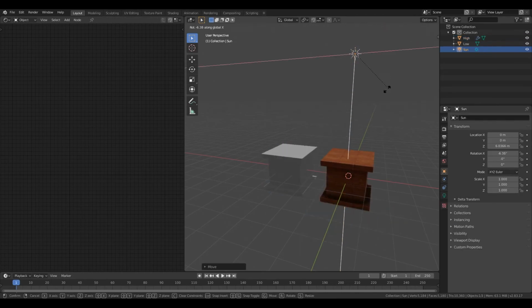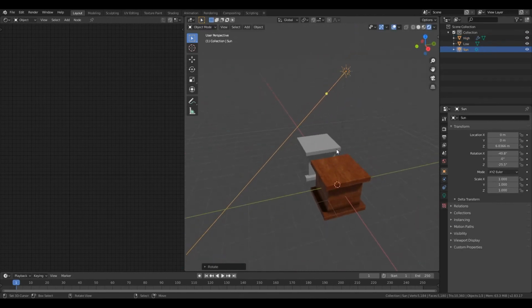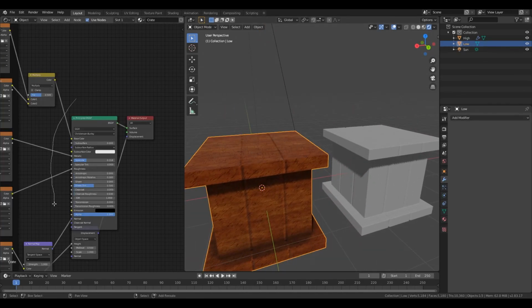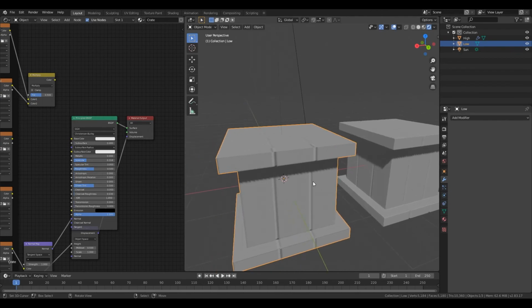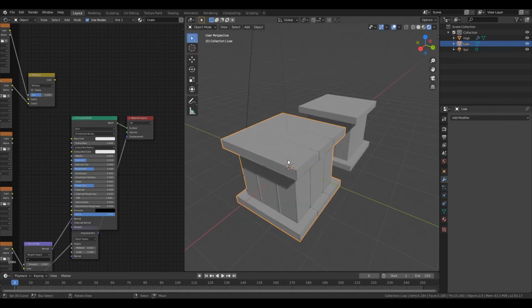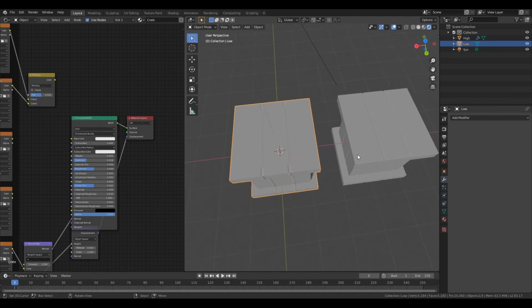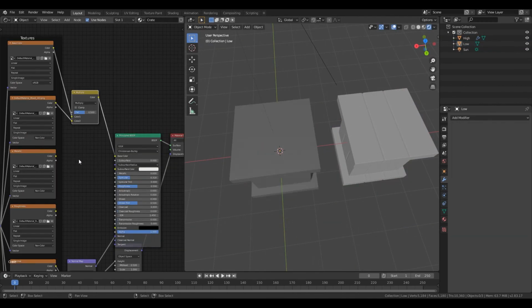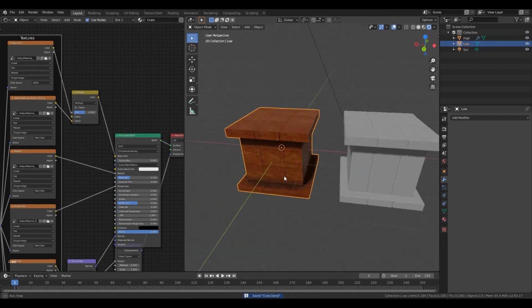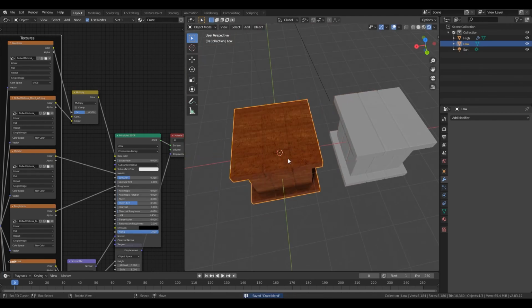For checking, just create like this. Remove these. Now you see, both have the same details. This is a lot better optimized than the other one. Or normal maps like this. Save the blend file. Now with the 60, you can integrate this into the Unity game engine or the Unreal Engine.